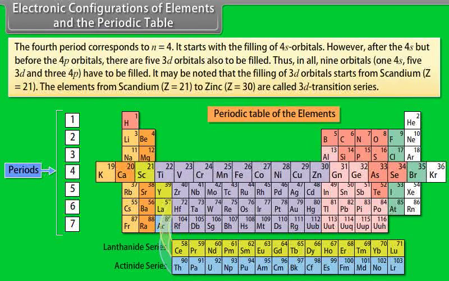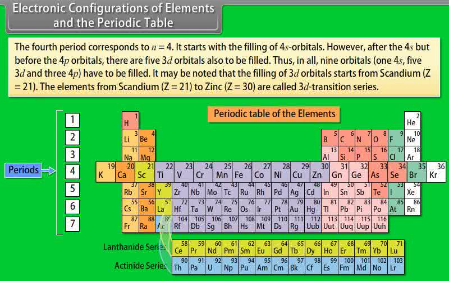The fourth period corresponds to n equals 4. It starts with the filling of 4s orbitals. However, after the 4s but before the 4p orbitals, there are 5 3d orbitals also to be filled. Thus, in all, 9 orbitals, 1 4s, 5 3d and 3 4p, have to be filled. It may be noted that the filling of 3d orbitals starts from scandium, atomic number 21. The elements from scandium, atomic number 21, to zinc, atomic number 30, are called